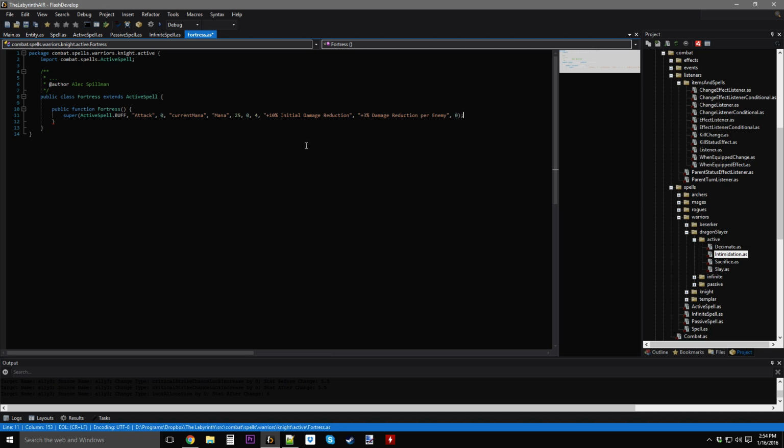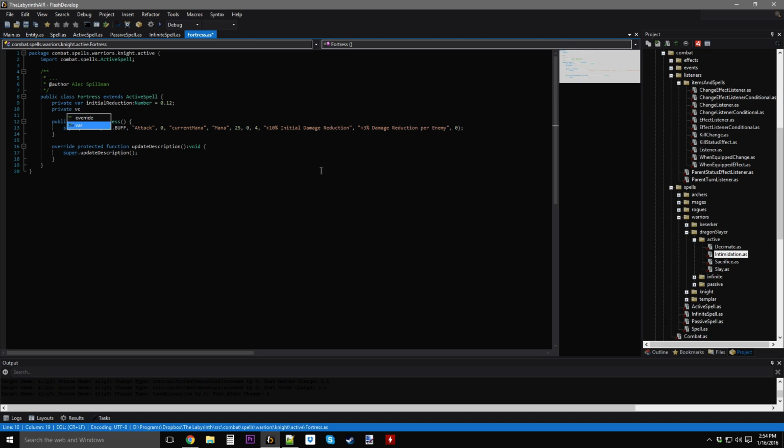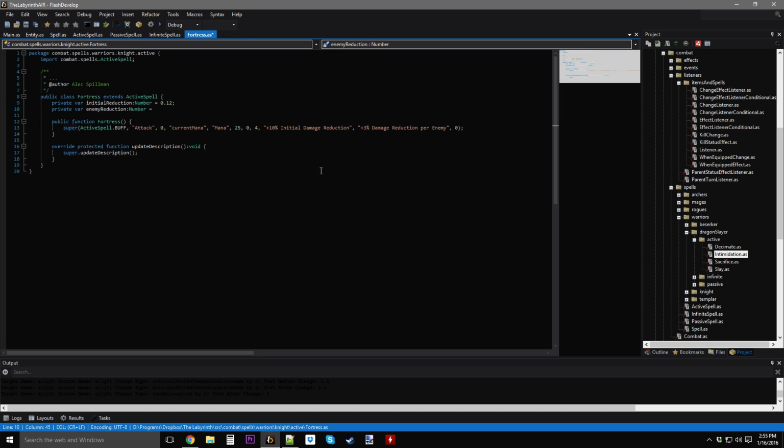So yes, it's only going to be allowed to be cast on yourself. So we're going to override update description, and we're going to have a couple variables. Initial reduction is going to be a number equal to 0.12. And then enemy reduction per enemy will be 0.04. So then we're going to do this description equals